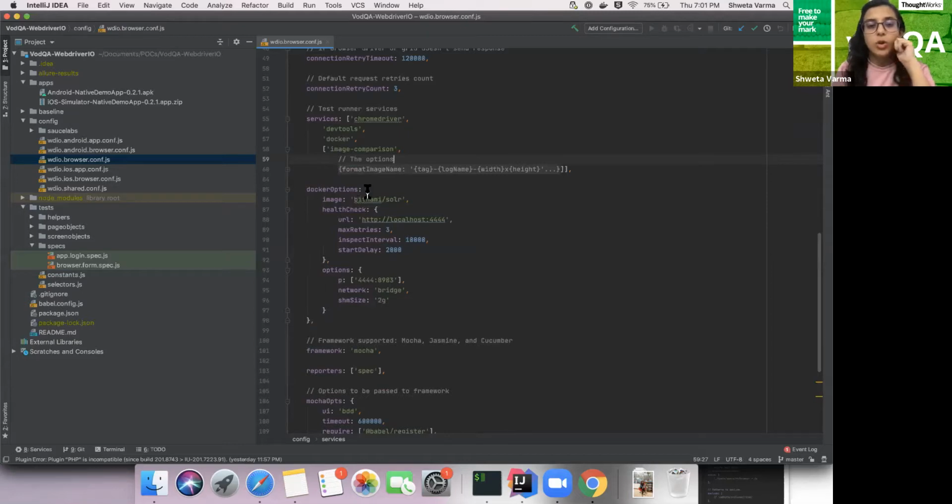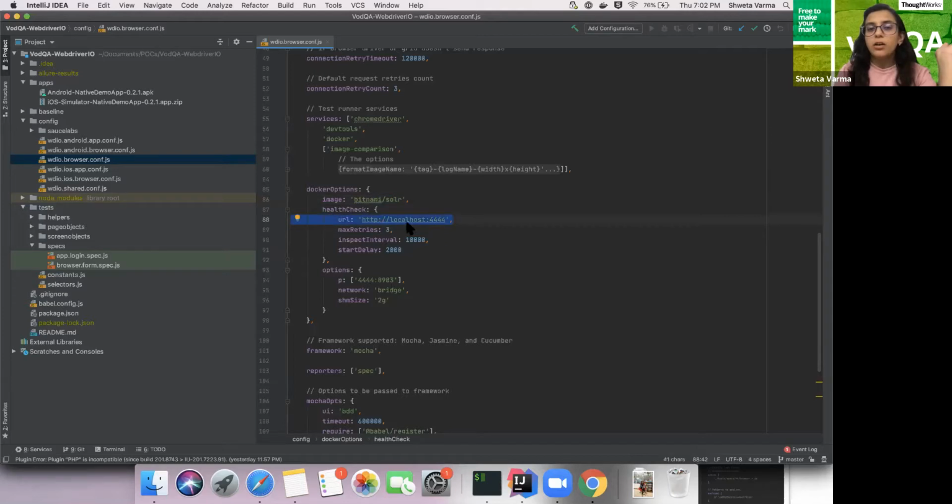We have talked about image comparison. Now let's come to Docker. Here I said I want to use Docker. I want to have an image, and that should get built before the execution, in a container, and that container should be destroyed after the execution, so that the health of my system stays proper. So I have my image here. I'm using the Solar database, which we will see during the execution.